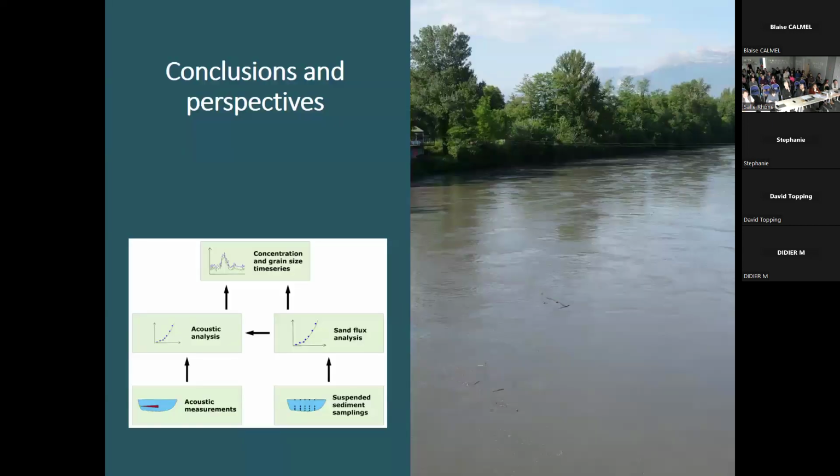So now to prepare some general conclusions and perspectives, I was interested in the beginning of this presentation in what are the required quantity and quality of the sample data. So we've seen that it is not only important to have a large number of samples, but they should also cover all hydrosedimentary conditions at the study site so that we can establish a good